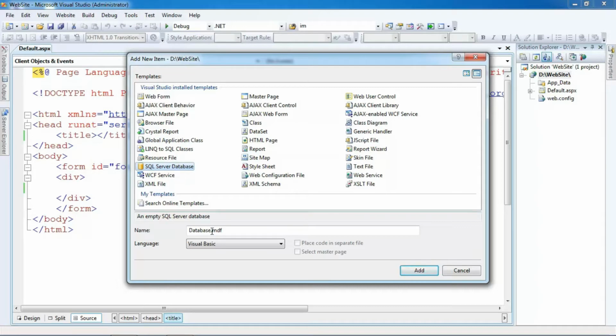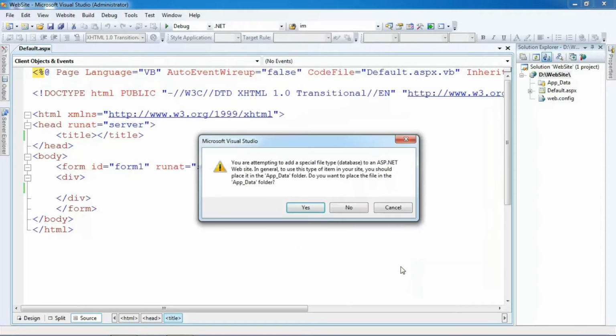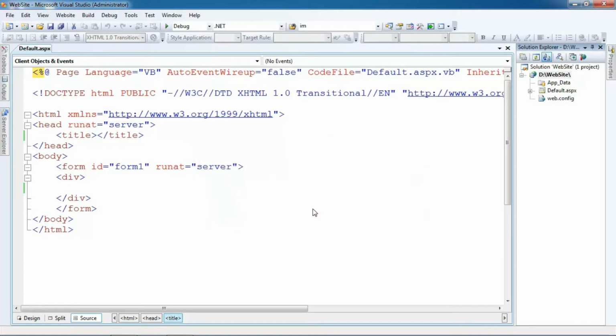The name is database.mdf, and I will click on add. As soon as we add this, we get a prompt which says this is a special file type and has to be in the App_Data folder. Do we wish to put it in the App_Data folder? I'll click on yes. The database will be created after a few seconds.